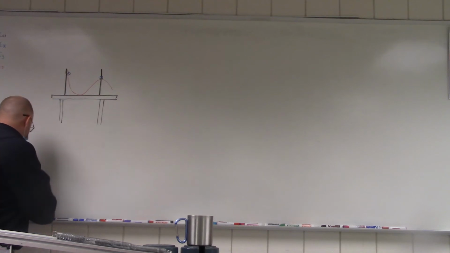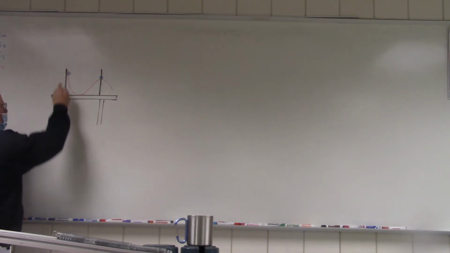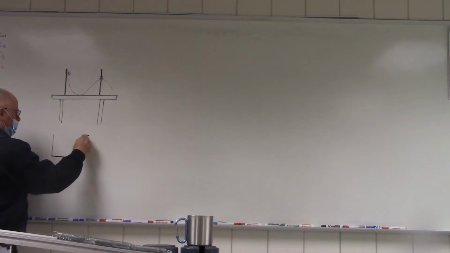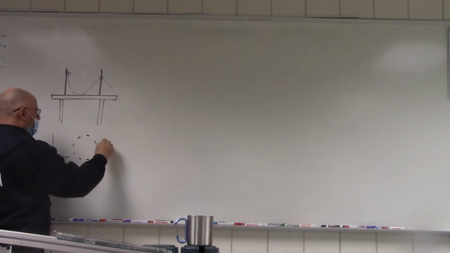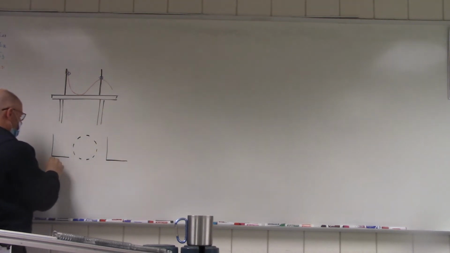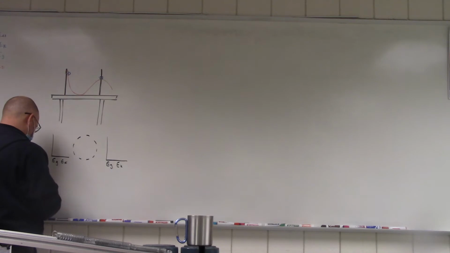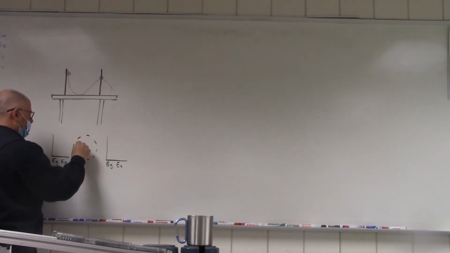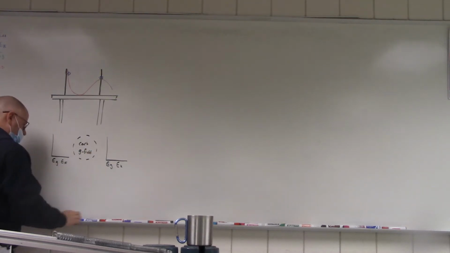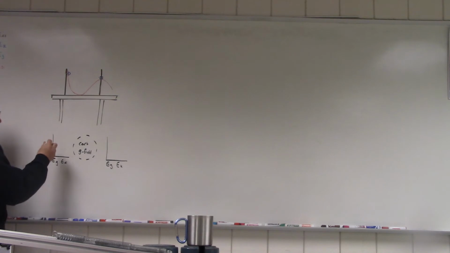Because if you look at the bar charts for this, bar chart for the beginning, bar chart for the top of the hill, we have some gravitational and some kinetic energy. We don't have any elastic here. Okay? This is our system, so we have the cart and the G field. So here, you have all gravitational energy.